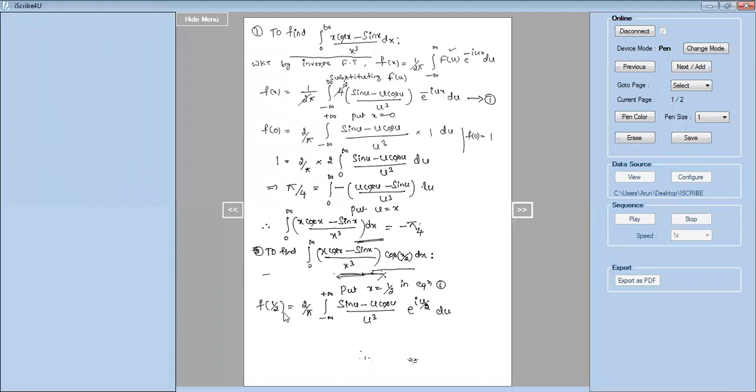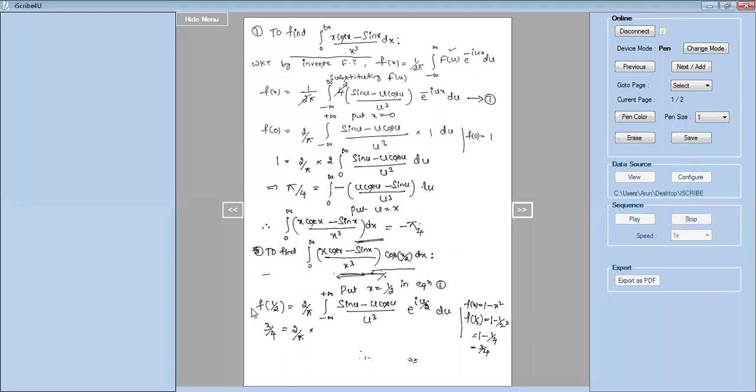Now again, f(1/2): so this we have to calculate. What is f(1/2)? See, f(x) is 1 minus x squared. f(1/2) is 1 minus (1/2) squared, so that is 1 minus 1/4. So it gives 3/4. So f(1/2) is 3/4, which equals 2/pi into